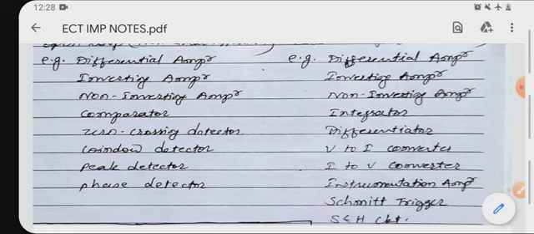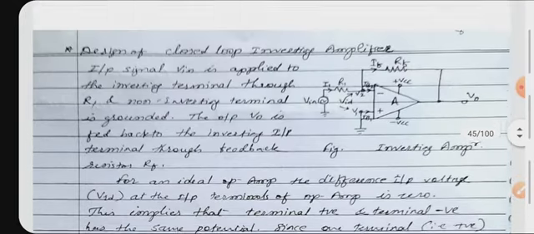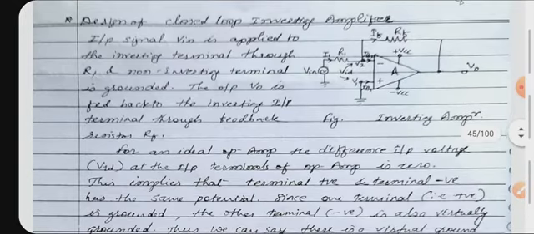So let us have the circuit design one by one. So very first application of op-amp is design of closed loop inverting amplifier. So basically what is an inverting amplifier is known to you: the circuit of operational amplifier in which output voltage is inversion of the input voltage, output signal is the inversion of the input signal, that is called as an inverting amplifier. Okay. So VO is proportional to minus of Vin, that negative sign indicates it is an inverting amplifier.